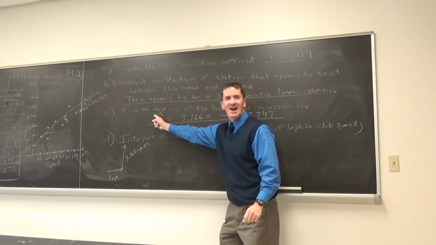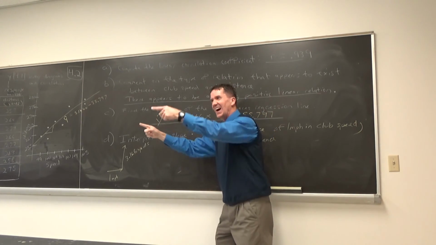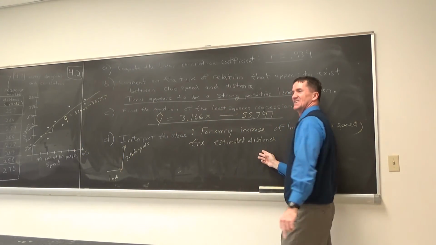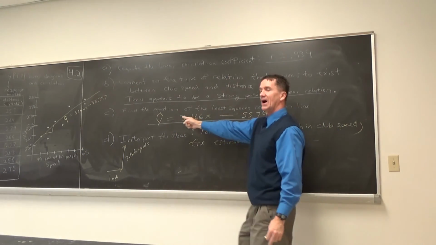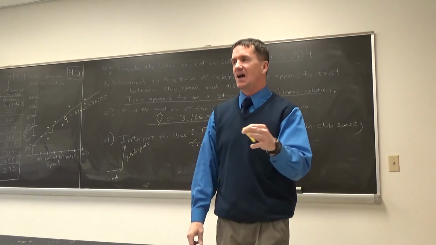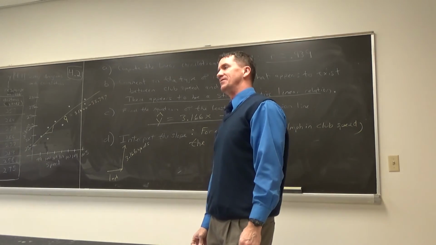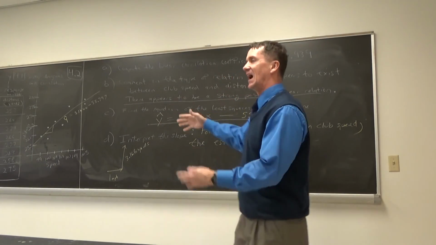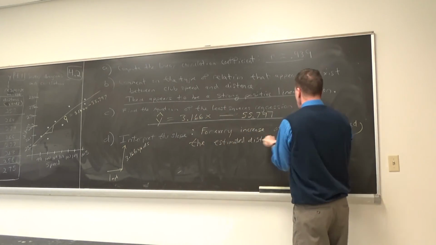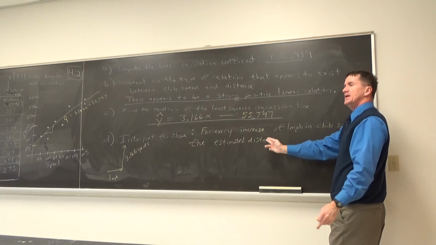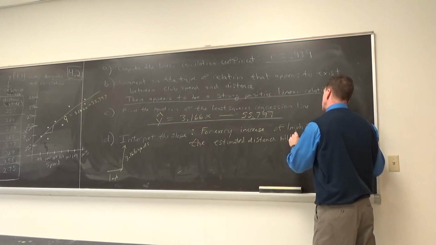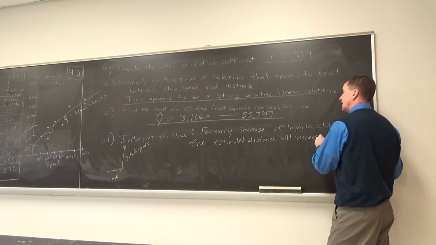And now I'm gonna put a word in front of distance if you don't mind. This thing had a hat on it, right? So estimate. There's a y hat. The estimated distance. I'm gonna use that word. This is called y estimated or y predicted. You can use predicted distance. I'm not gonna mark off if you just said the distance, because you're talking about that line, but I should use this word estimated because it was an estimation. So for every increase of 1 mile per hour in club speed, the estimated distance will also increase. How much? And when you're not using that number,